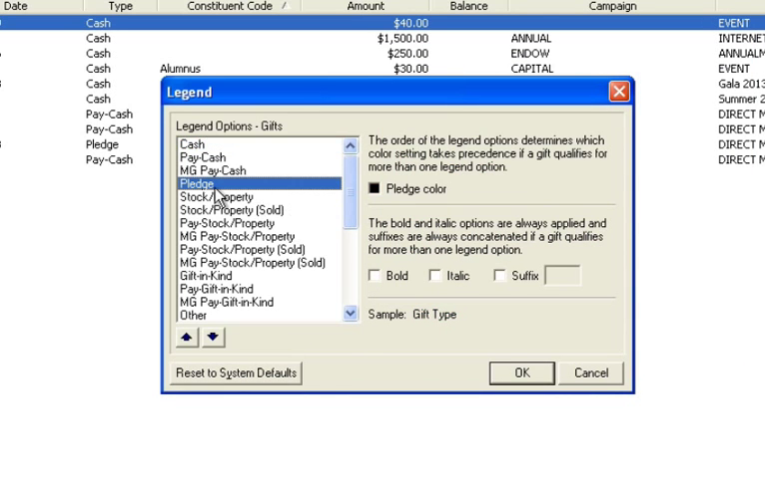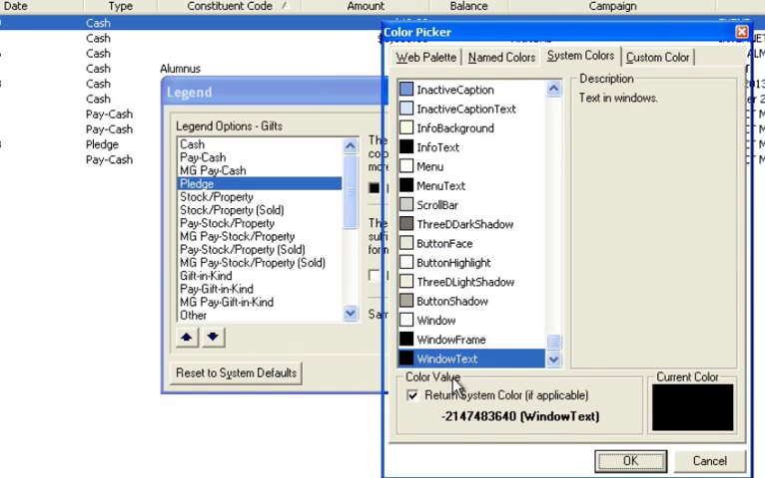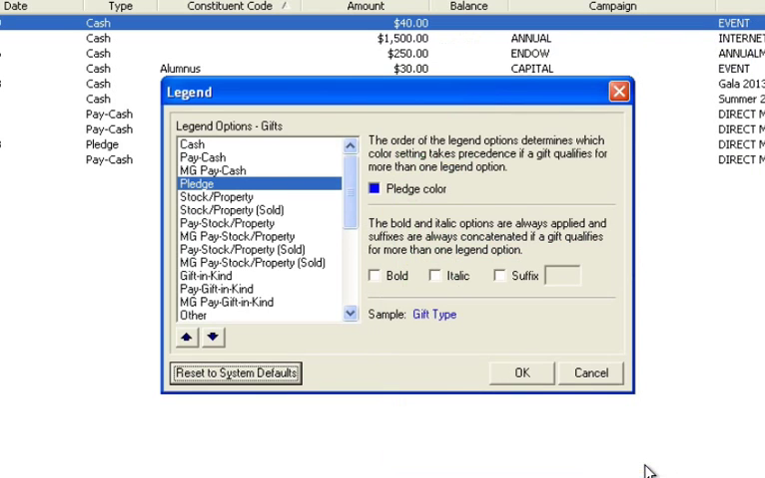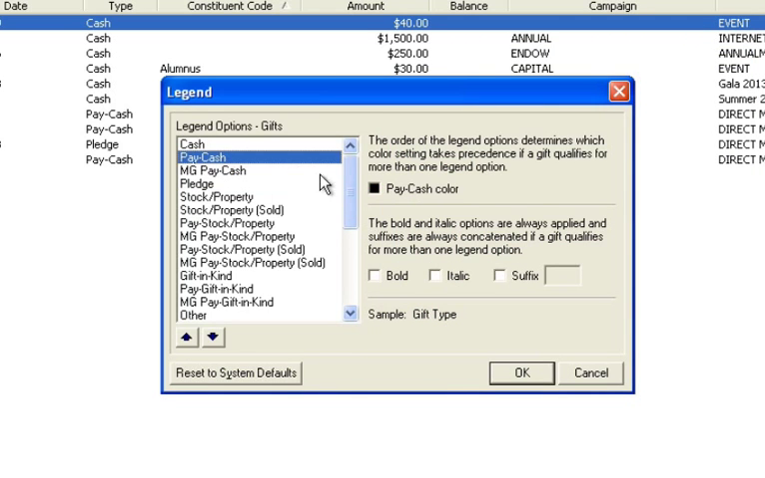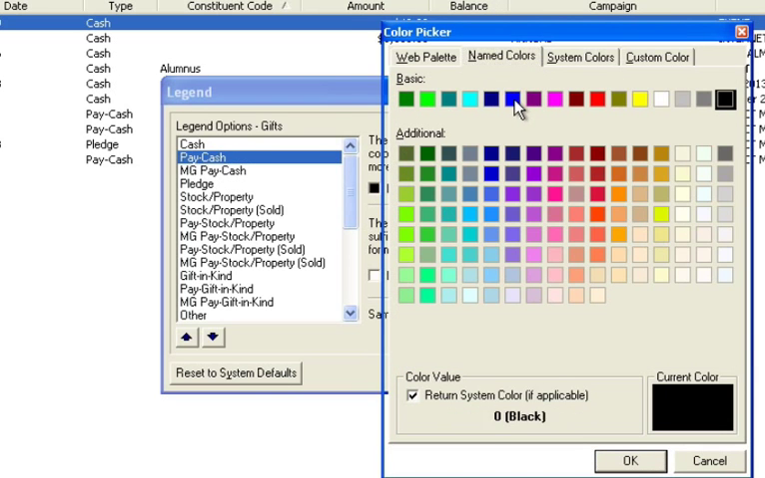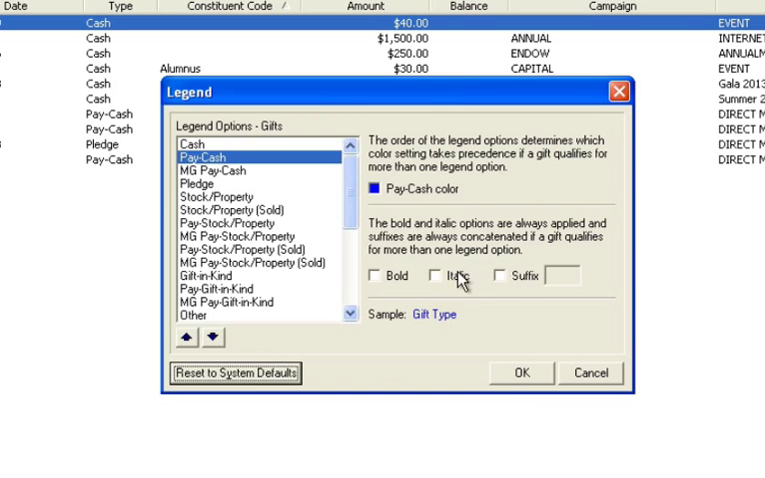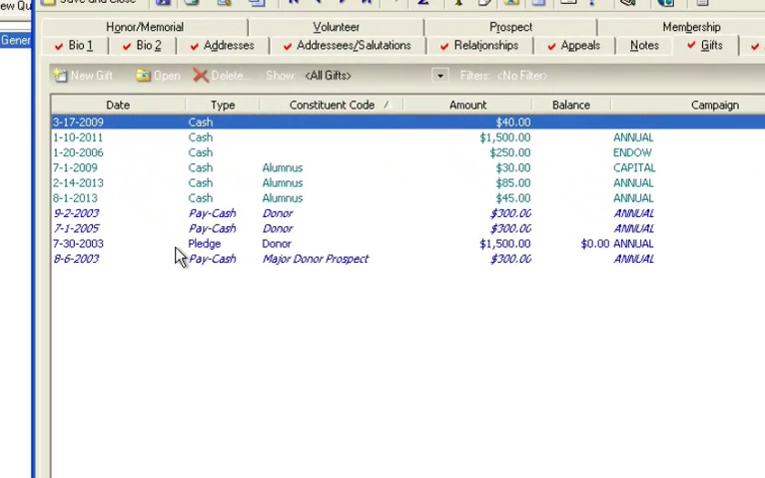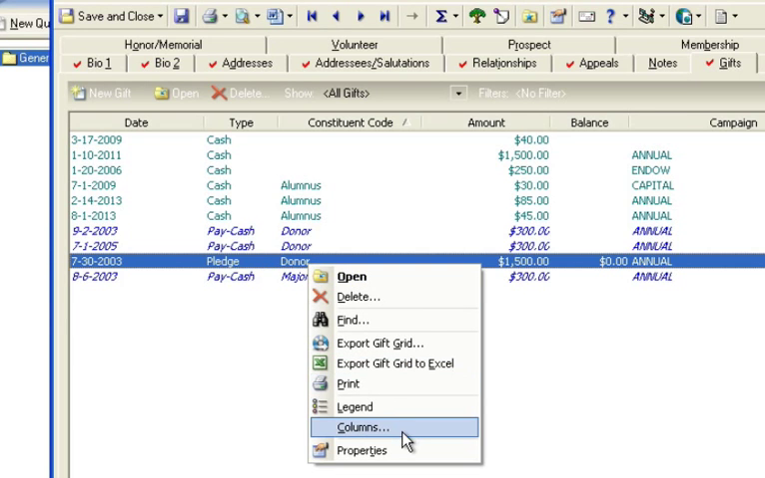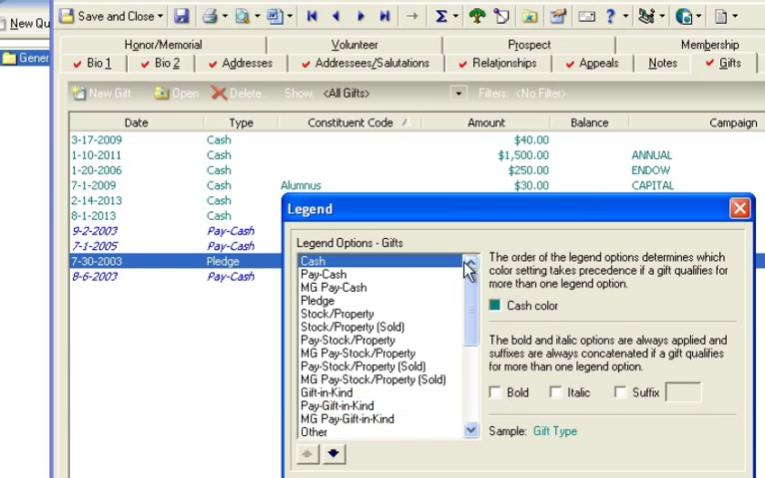And let's do something different. Let's make a pledge a dark blue, and then a pledge payment a light blue or a metallic blue. And watch what happens. If you say pay cash and you make that blue as well, watch what it'll do. If I change the italic face here, notice that it becomes a lot easier to see. So let's even change the pledge to bold so you can see what that looks like. If I go to pledge and put it to bold,